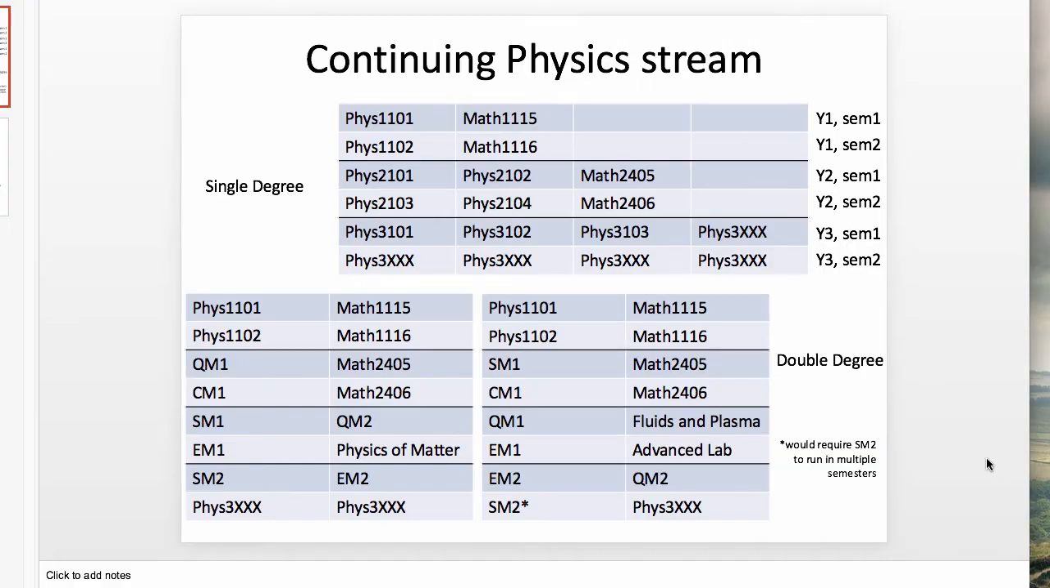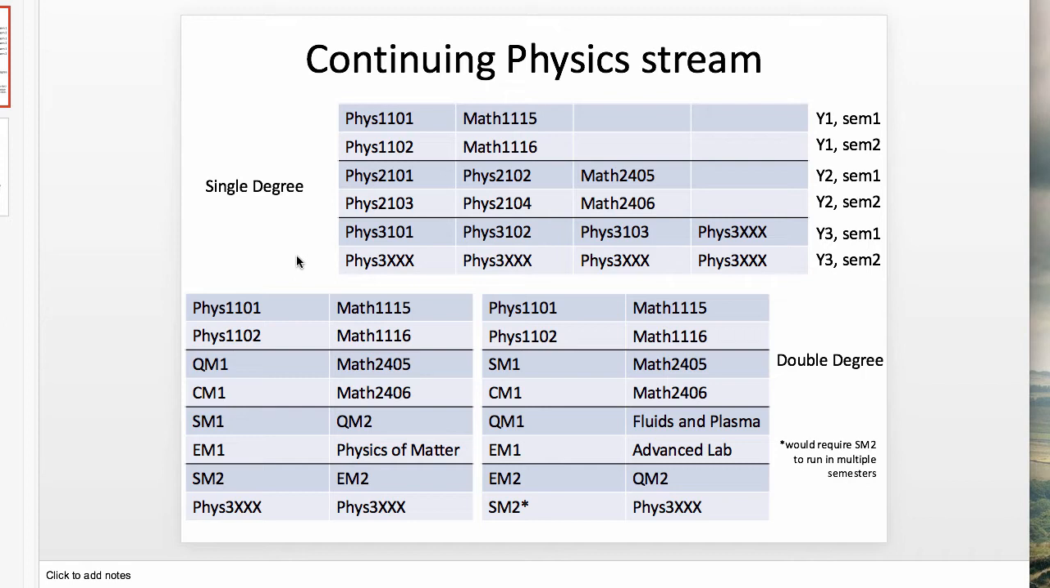Okay, just to give you a quick look at the kinds of streams that we would have. We have here, for a single degree, it's really simple. People would tend to come in and do the 2 first year physics courses and their maths prerequisites. In second year, they would do the 4 core physics courses and the 2 maths co-requisites. And then in third year, they would do the 3 core physics courses and whatever else they wanted. Presumably, a standard physics stream might be another 5 physics courses,